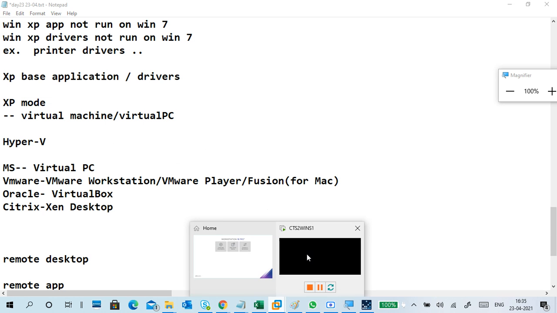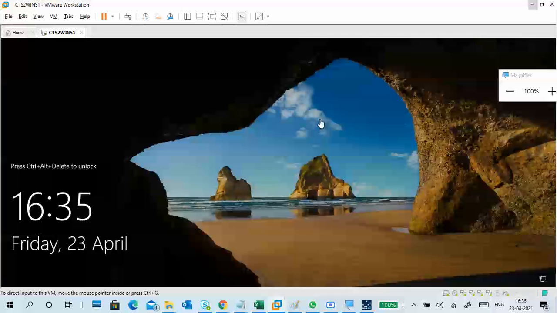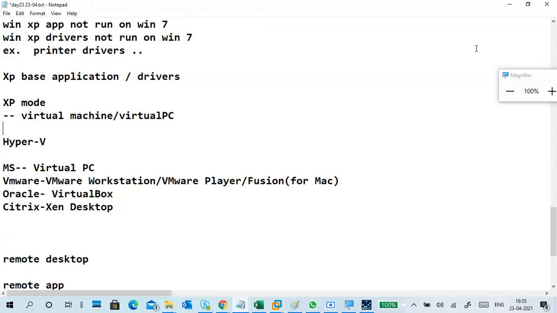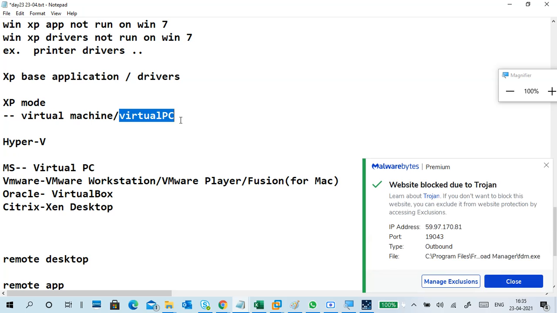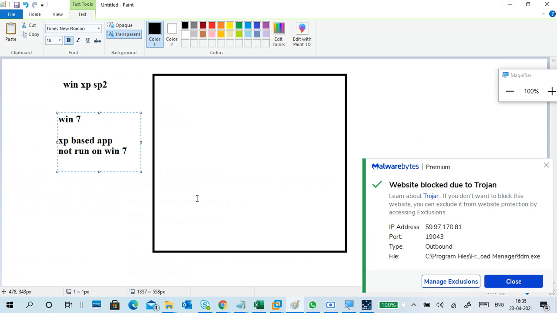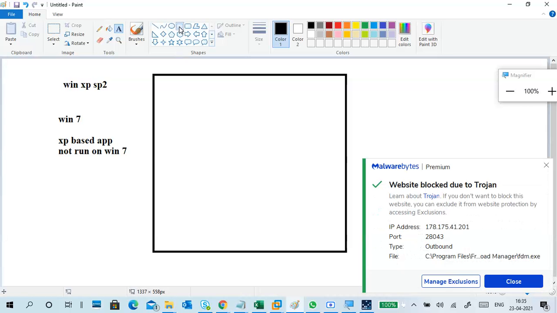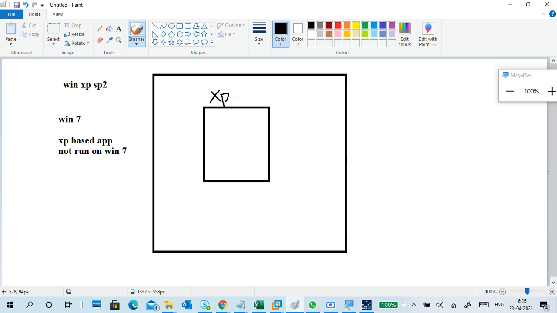When I want to access a virtual machine, I have to go to that virtual machine, right? Like this. If you want to go to a machine in a Virtual PC application, it's the same thing. But in XP Mode, what will happen? XP Mode is itself a virtual machine, but it works in a kind of enhanced mode. It means it runs in the background.